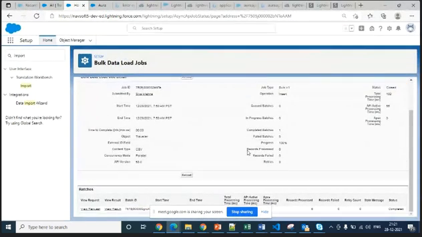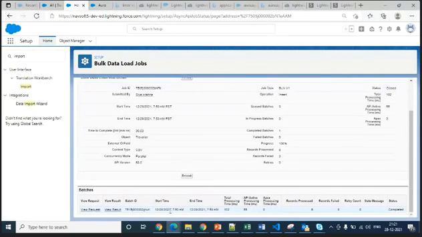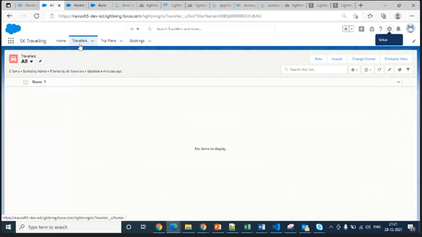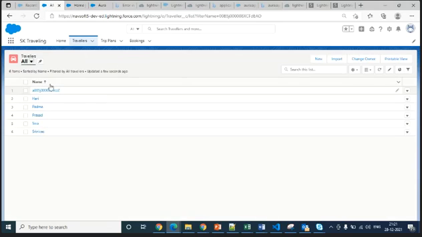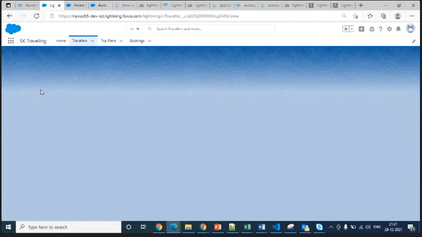After it is inserted, you can see what data has been inserted, how many records there are, and what the result is. There are 6 records processed and none failed. Everything is successfully completed. Then go to that object, click again, and see whether the data has been inserted or not. See here, data has been inserted.